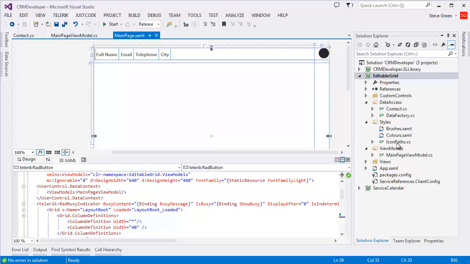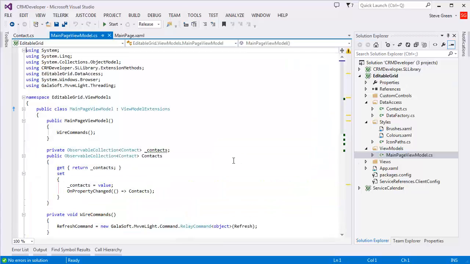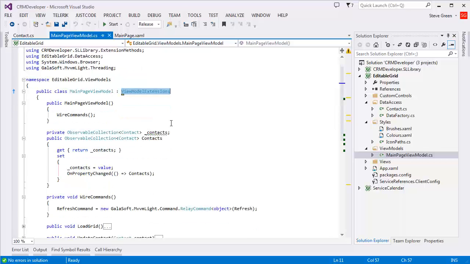So now we'll look at how I've pulled the data in and drawn it in from CRM, and define the actual ViewModel backend. If we go into the ViewModel, it inherits from this ViewModel extensions. Obviously, I've added a few methods and properties to extend the standard ViewModel base that the Telerik controls provide. The default one is ViewModelBase that you can inherit from, but I've extended that slightly in